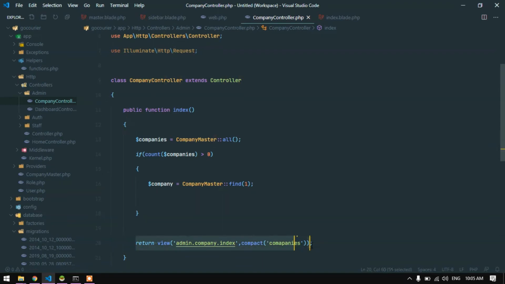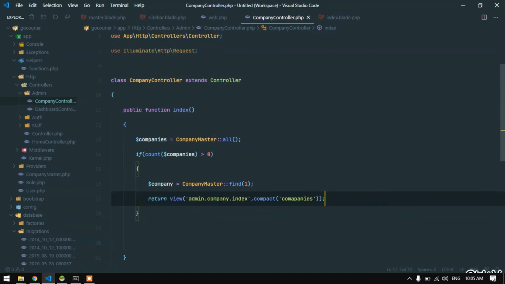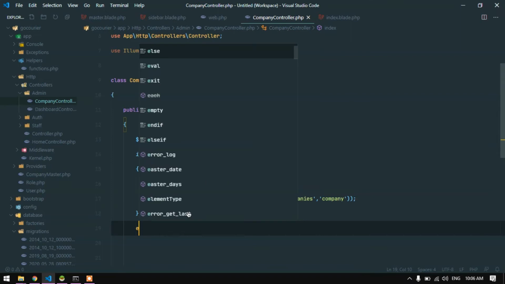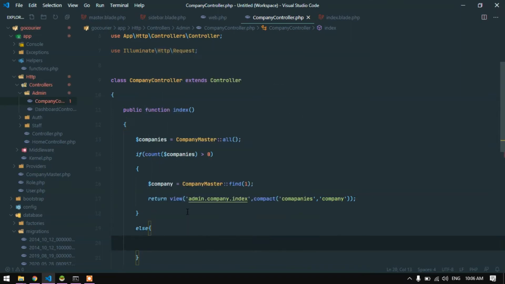We will return compact companies, and we will also compact the particular company, which we are finding over here. I am finding this static 1 because I will have only one record in my database, because I will have only one company in my database. So I am just statically finding the particular one. Else, I will just return the view,